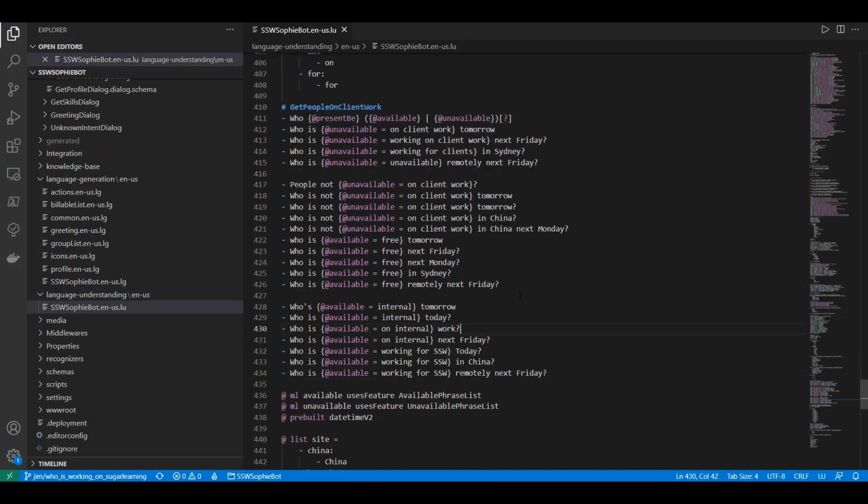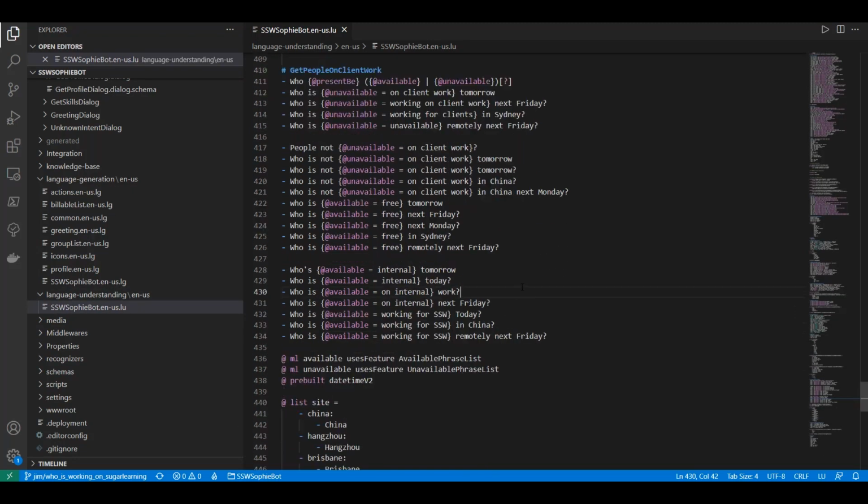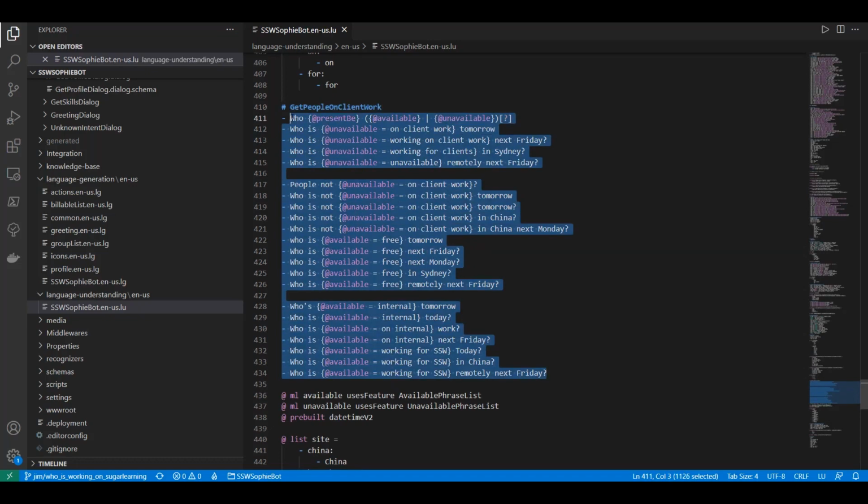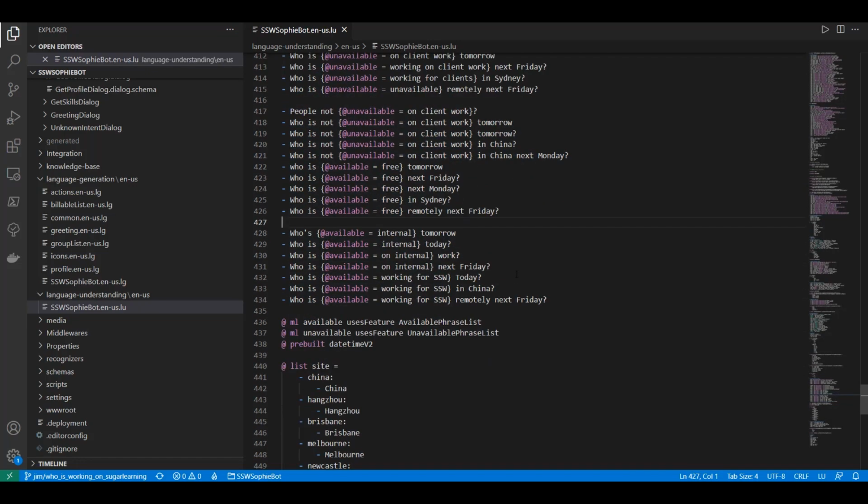In this file, we define all the intents and the entities using a particular format. So if we look for this Get people on client work intent, here we have all the example user inputs for this intent. All we need to do is add a new example user input, which is